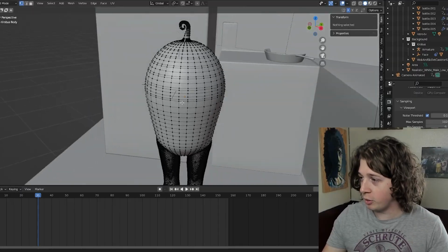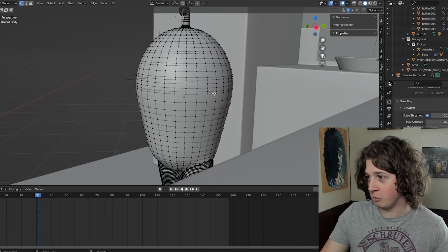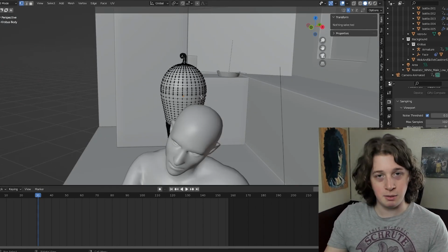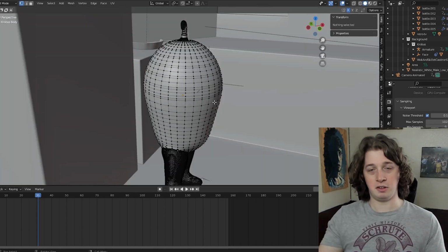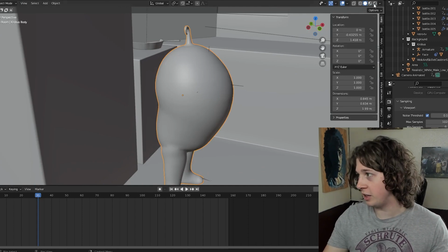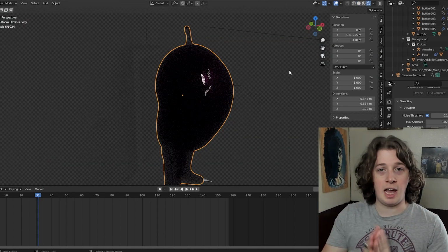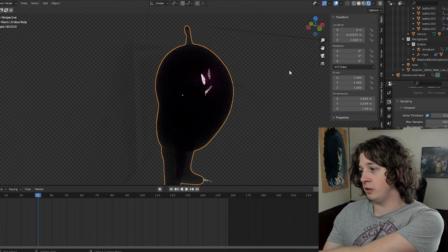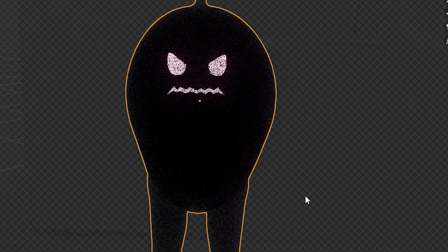My first actual idea that I ended up using was to make him volumetric. Textures normally work by you unwrap all of these squares or triangles or whatever your model is made out of, and then you just apply an image texture or set certain properties in Blender. It uses all that information to reflect light off of the surface. If you want to do a volumetric shader, it uses all of the interior of the object. It's how you get atmosphere or underwater or in this case a weird gelatin-looking blob man.